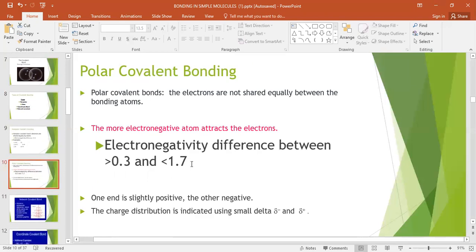Now, read for polar please. Polar covalent bond: the electrons are not shared equally between the bonding partners. Next. Not shared equally. Unequal. How will you get the unequal? By polar. Leave this electronegativity difference, I will explain it to you. But read the last two please and get the concept.